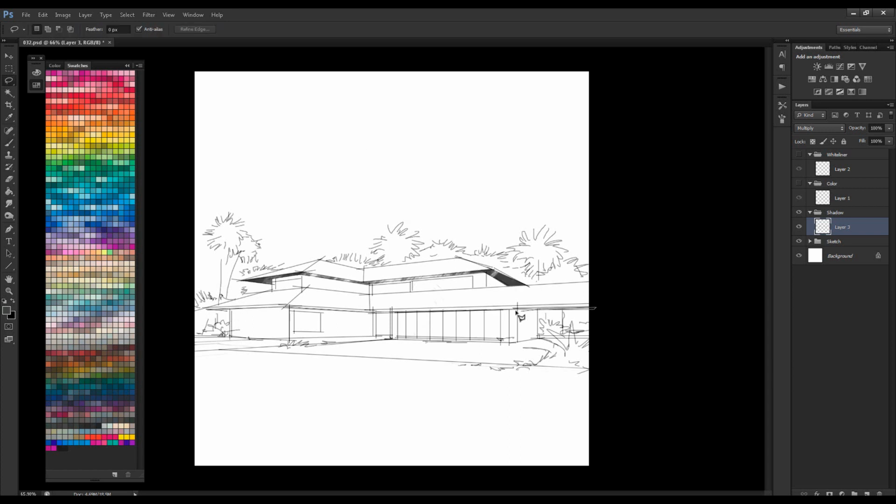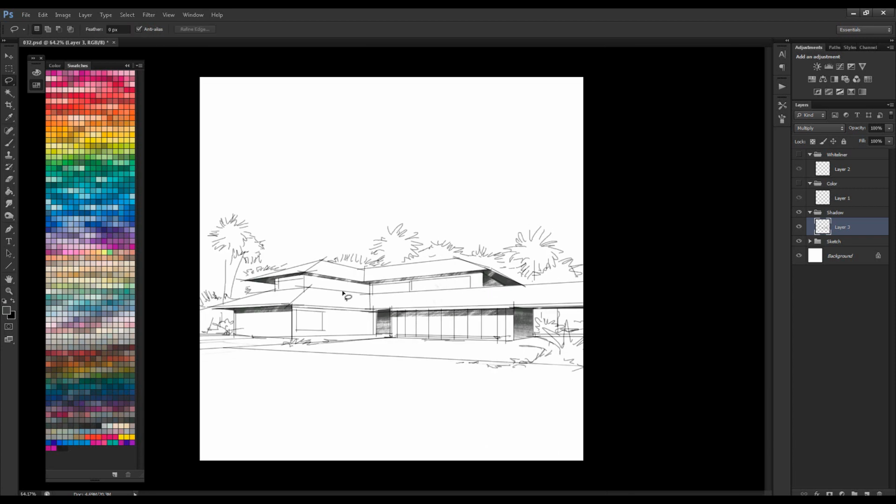This time we're working on an architectural sketch, and this time I'm actually taking more time when it comes to the shadows, because I did learn from the last video that trying to rush this phase does take a toll on how your rendering will look in the very end. So yeah, definitely take your time when it comes to doing these shadows, because it will make your sketch